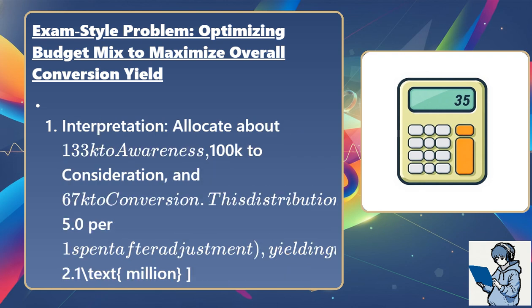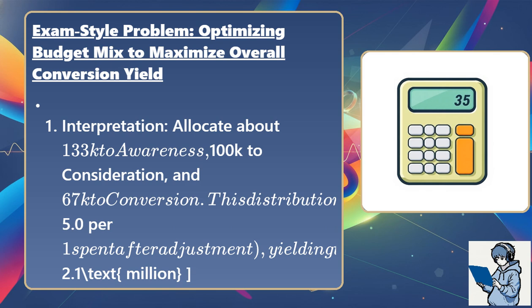7. Interpretation: allocate about $133,000 to awareness, $100,000 to consideration, and $67,000 to conversion. This distribution equalizes the marginal ROI across stages, approximately 5.0 per $1 spent after adjustment, yielding the highest total expected